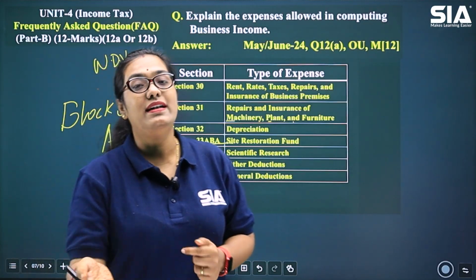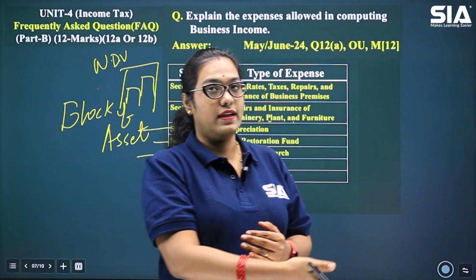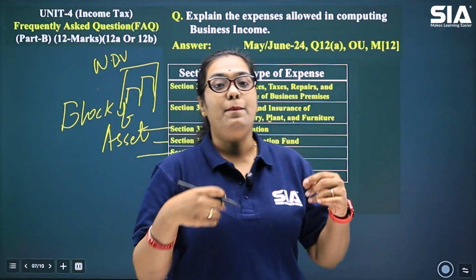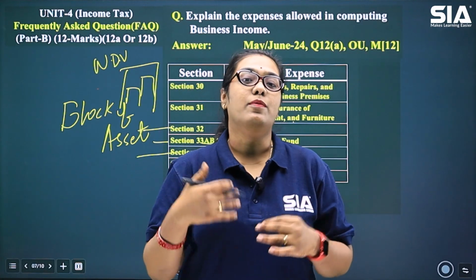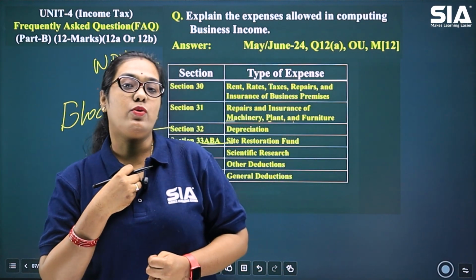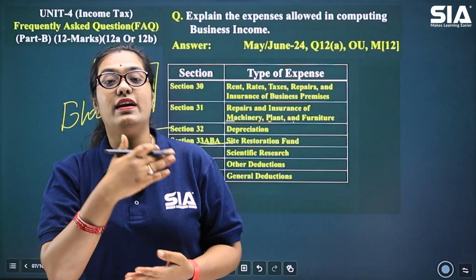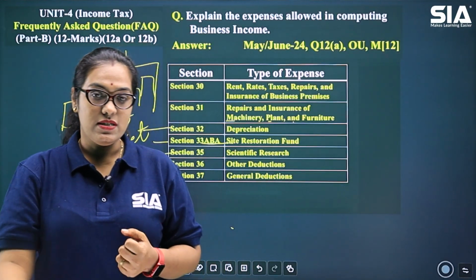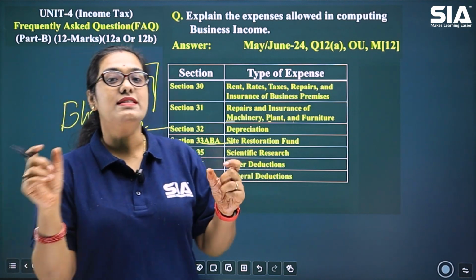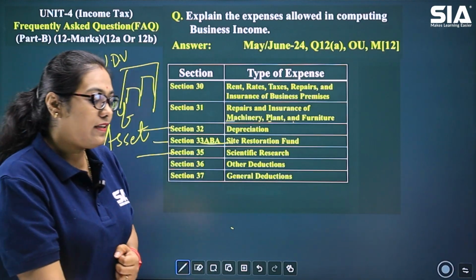Or this can be done directly by McDonald's, or they can hire any other body or do outsourcing where they pay those agencies for the type of research done. So if the businesses themselves are doing any research, then also it is allowed as deduction. If they are involving other agencies or outsourcing, that also is allowed as a deduction under scientific research, which is your section 35. So why is scientific research done?